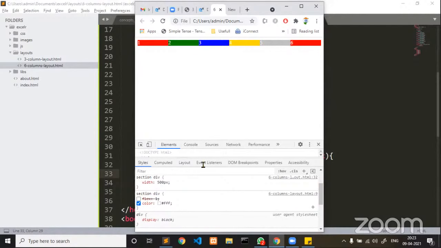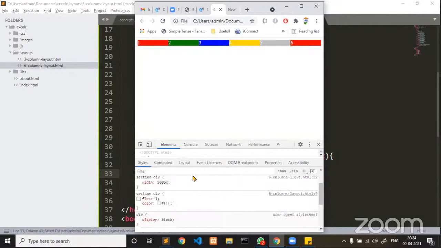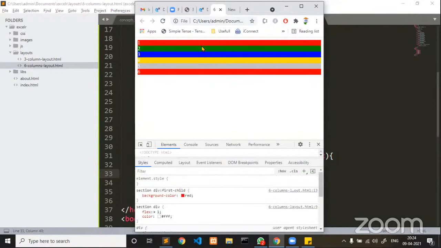Okay, next let me come back here. What I'm going to do in smaller devices, I'll try to change. Let me see. Writing this, I'm selecting the parent, which is section, and flex direction. Instead of displaying row, I'm going to use direction column. So if it comes into the 600 pixels, now you see guys,